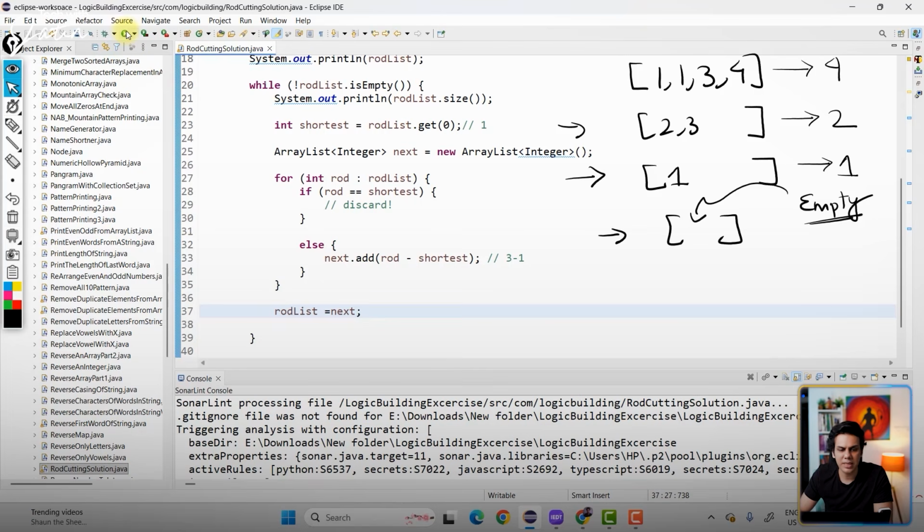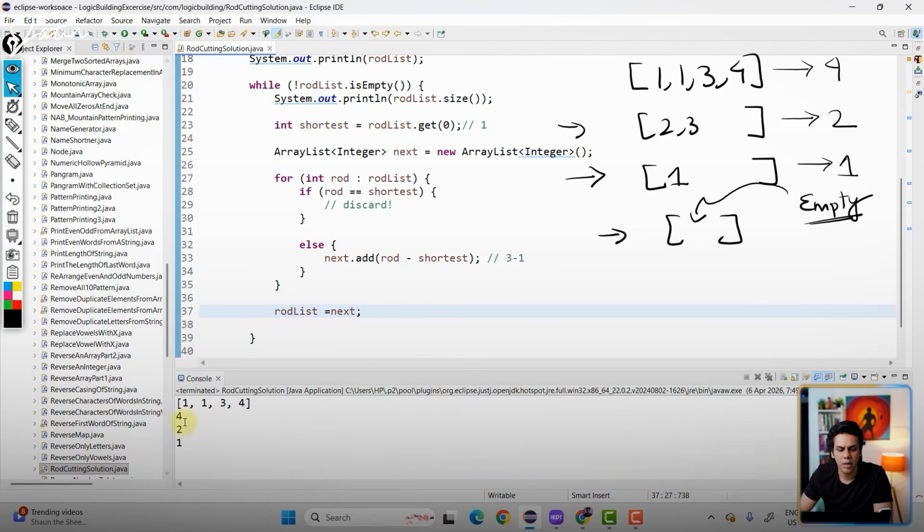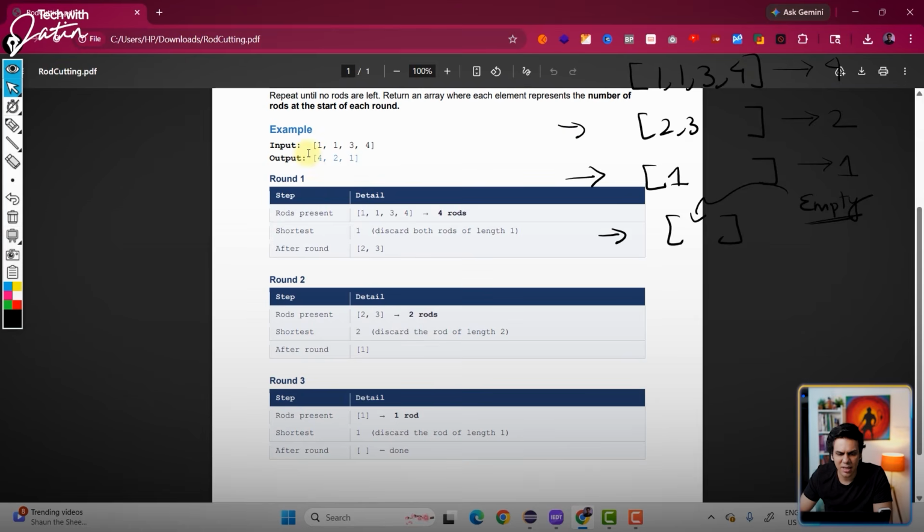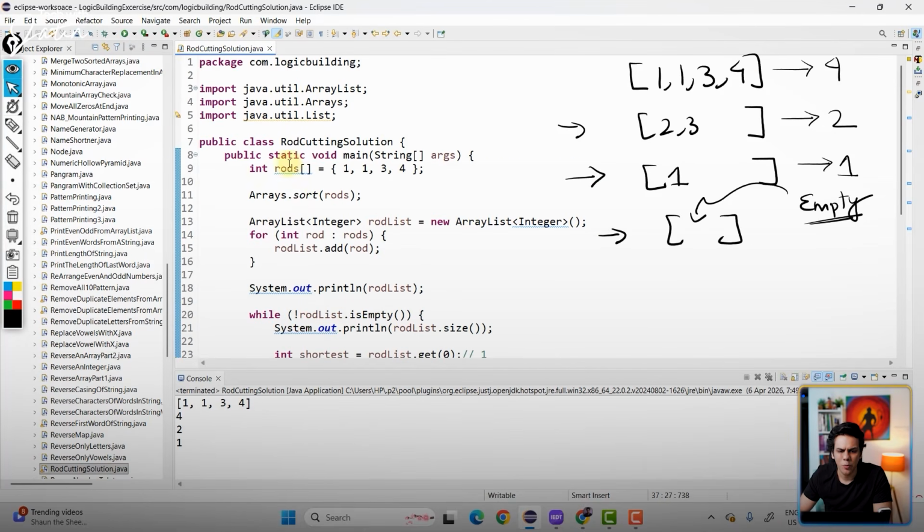That's it. So if I save this and click on the play button, what is the output? 4, 2, 1. Right? 4, 2, 1. Now you guys go back to the document. You'll see that they want the output to be in the form of an array. That is also pretty simple. What you do is,